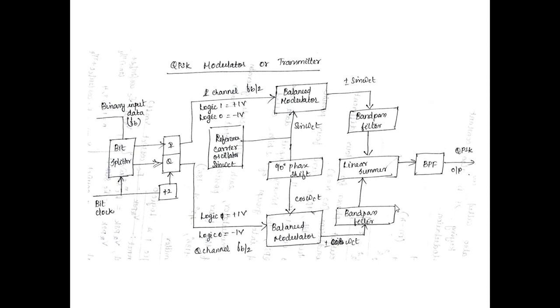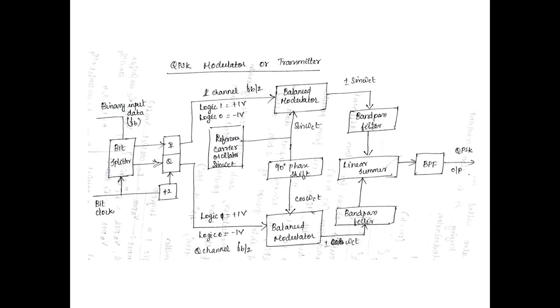After this, the balanced modulator, which is used in AM modulation, multiplies the inputs with the sine 2πfct, or sin ωct, which is generated locally by the reference carrier oscillator. For the lower branch, which is the quadrature phase, the sine is shifted 90 degrees and converted into cos, and multiplied with this input. Then we get at the output plus or minus sin ωct and plus or minus cos ωct.